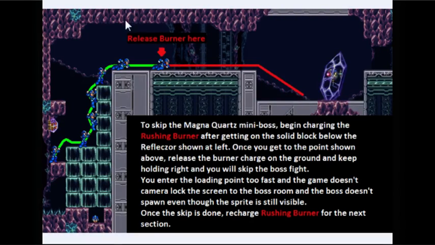So once you get to the point shown right here, and a good visual cue is when X's back foot is past this line right here, you release the charge burner, and you keep holding right, and you'll get thrusted into the boss room. Then you can just keep going, because the camera doesn't lock you into the boss room, and that's when the